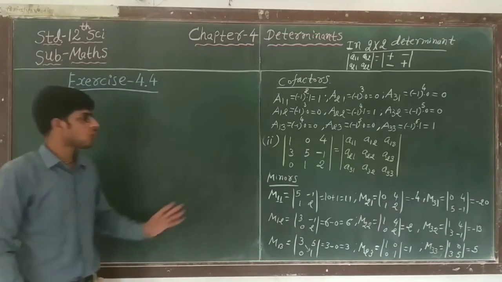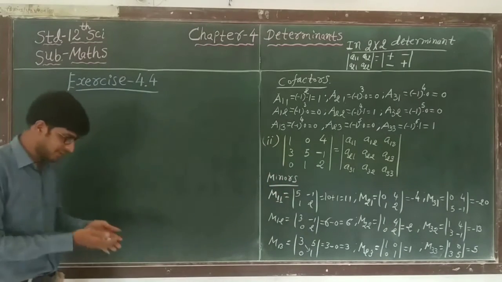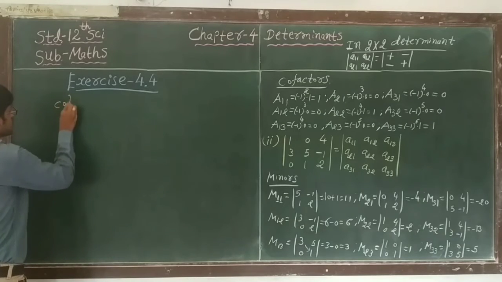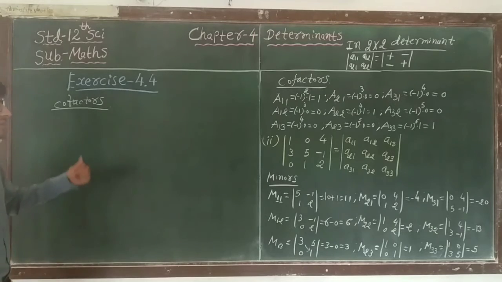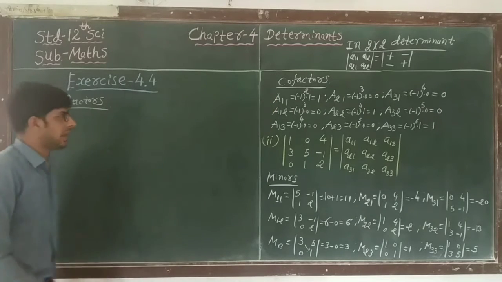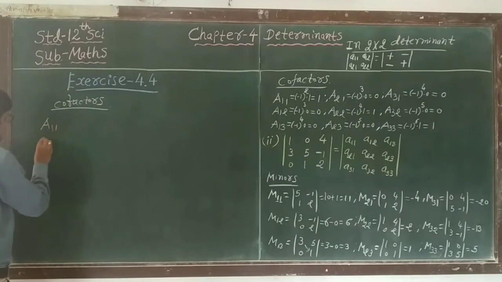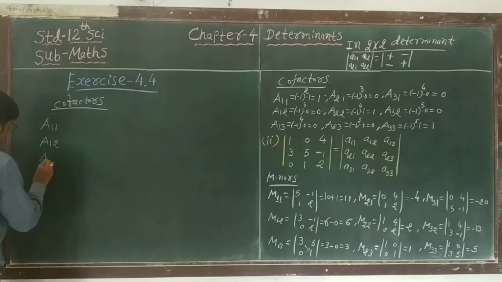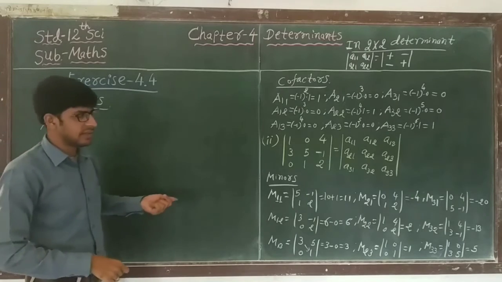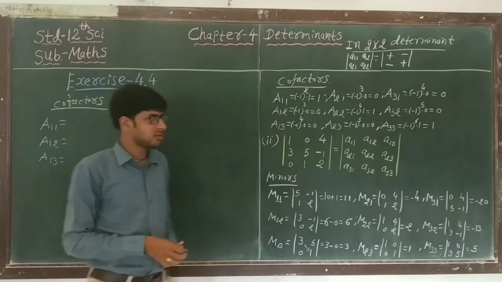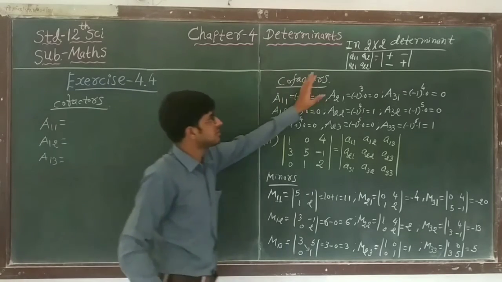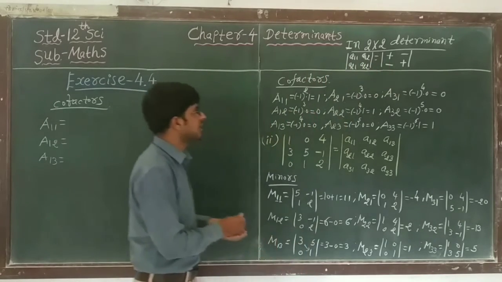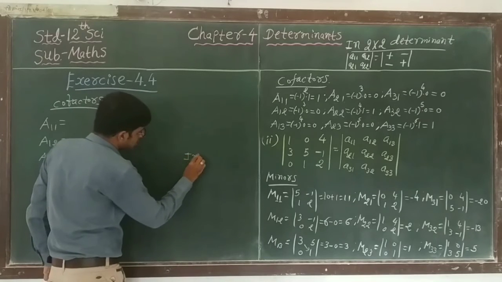Next we have to find out the cofactors of the given elements. Okay, so cofactors are denoted by capital letter A. So A11, A12, A13. So simply we have to change the sign of some elements. So how to change the sign? We have to remember it, the same as in a 2 by 3 determinant as well as a 3 by 3 determinant. So in a 3 by 3 determinant,